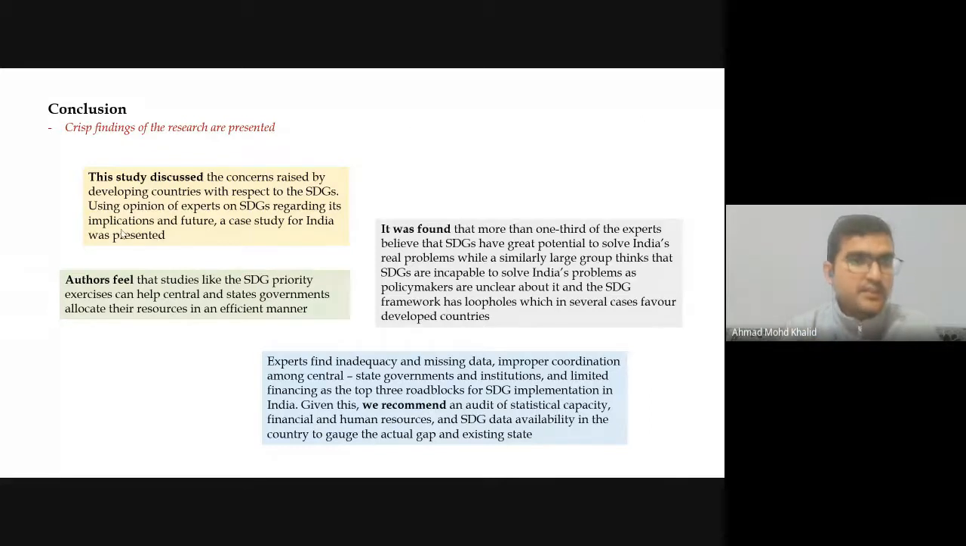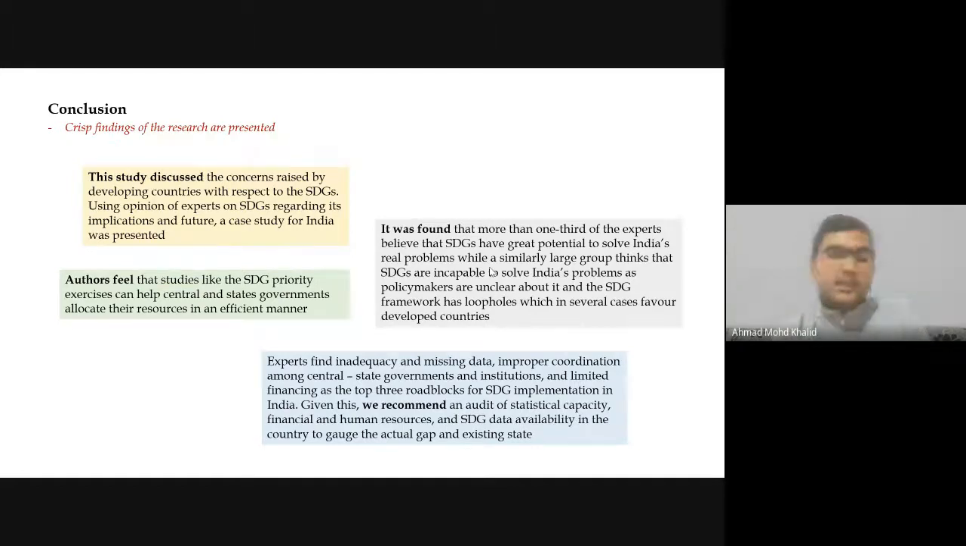For example, the reference article says this study discussed the concerns raised by developing countries with respect to SDGs. Then they used the opinion of experts on SDGs regarding their implications and future, and for this, a case study for India was presented. So very briefly, in one line, they said what they have done in this work. Then they said what was found. Some of the key issues they highlighted were that more than one third of the experts believe SDGs have great potential to solve India's real problems,